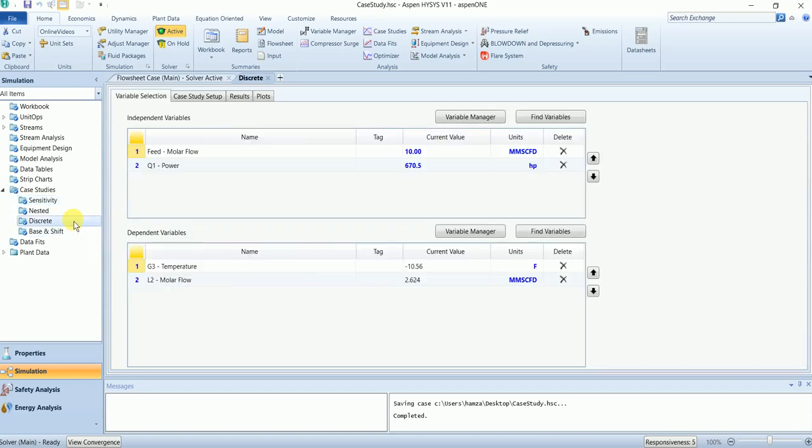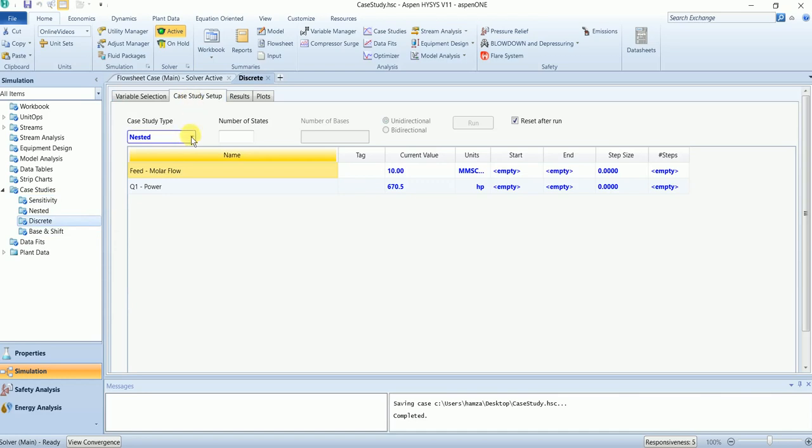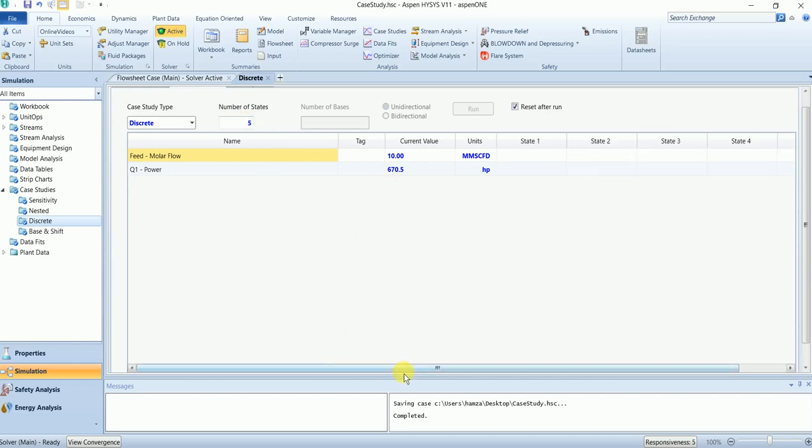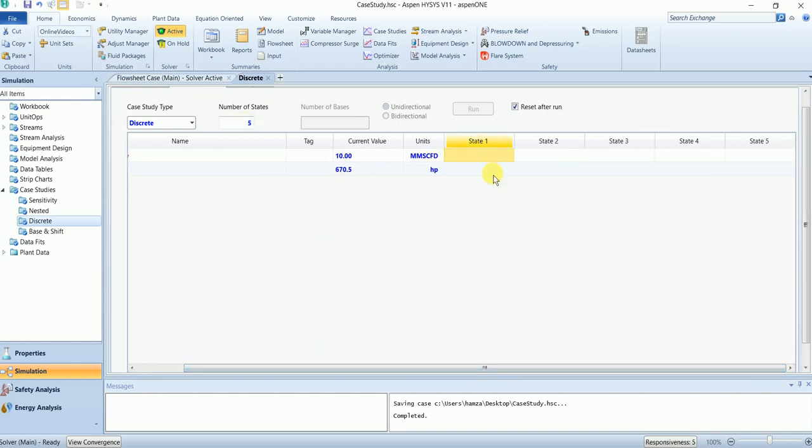The third type is discrete. In discrete, you have to specify the number of states by yourself. For example, I want to study 5 states. Then it will ask me to specify the value for each state. It is not required to be equidistant.